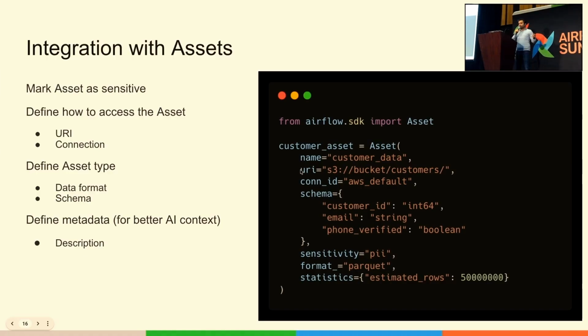So you can provide a proper description saying this is customer data or sales data for X, Y, and Z. That context will help your LLM create better queries, and you can provide some example queries as well if you want. In the future, we plan to see if we can add more validations within the asset itself,